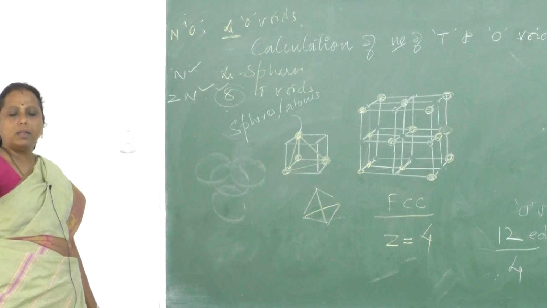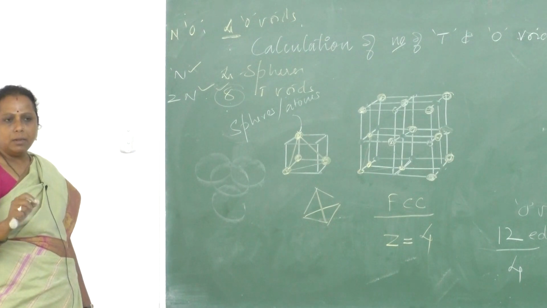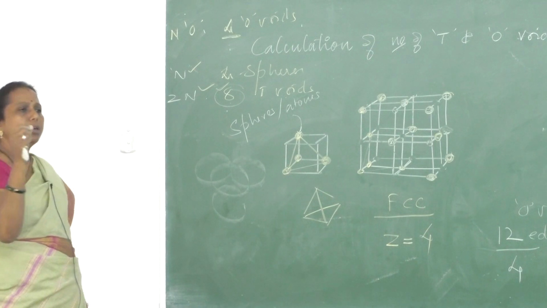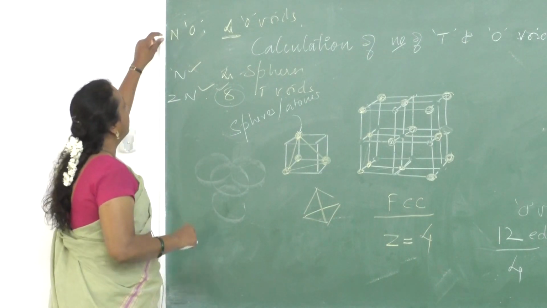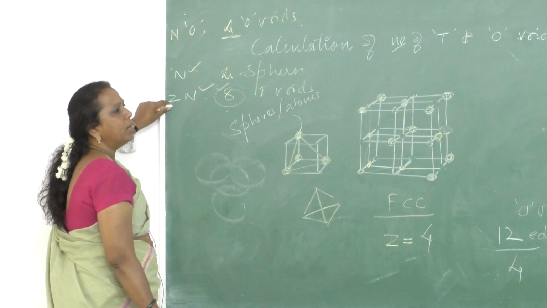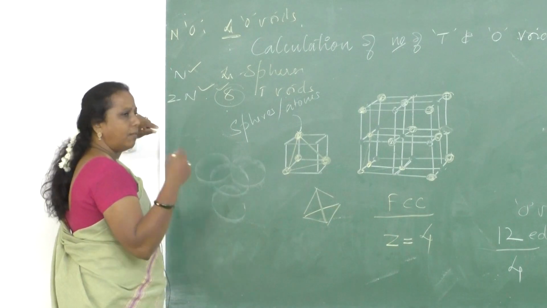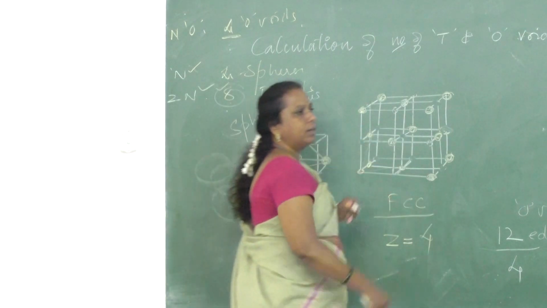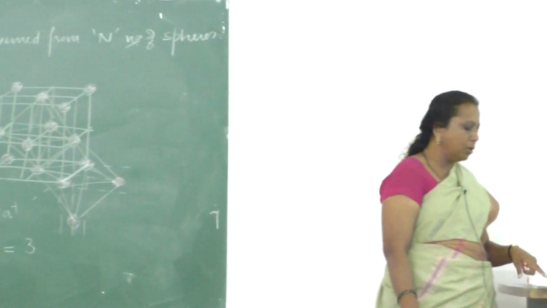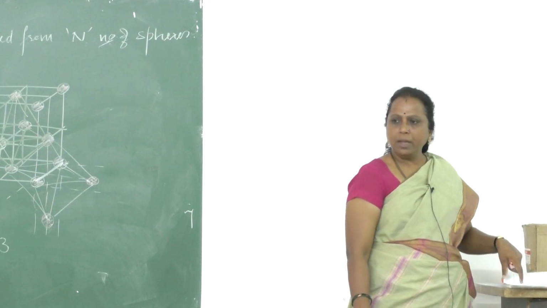So there is already a given statement. I told you to read it, what have they given there? Out of n number of spheres, n number of octahedral voids are produced and 2n number of T voids are produced. That is what we have understood with the help of the diagram. Okay, it is given in the textbook. A neat diagrammatic explanation is given on page number 17. Can you see the T void, the octahedral void at the center, and the edge? Okay, how many edges?